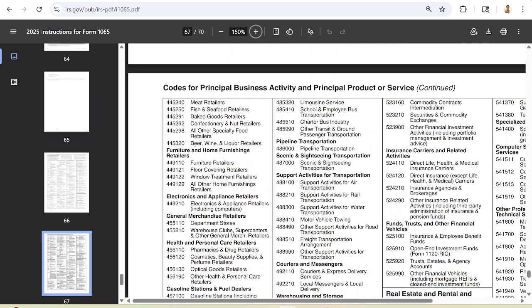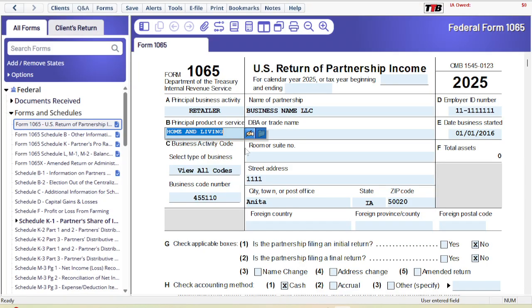So since we are sticking with the retailer, we'll come back to this. So we are going to come back here. It is asking for our principal product or service here, and I just put home and living. We can put home and living products, but because we sell towels, I just put it there. We can put home and living and digital products. That's one way, but you put your principal products or services, explaining it there in a short phrase,